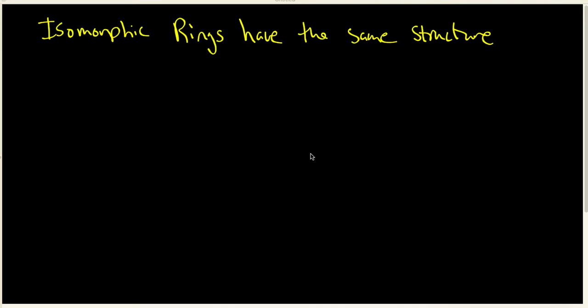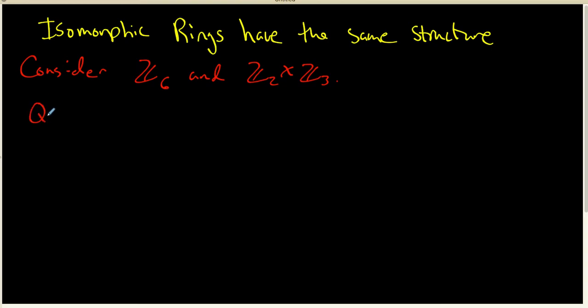In this video, we're going to look at the idea about isomorphic rings having the same structure. And we're going to actually start with a specific example. So I'm actually going to look at the following rings. Let's consider the rings Z6 and Z2 crossed with Z3. Now, both of these rings have 6 elements in them, and the question is